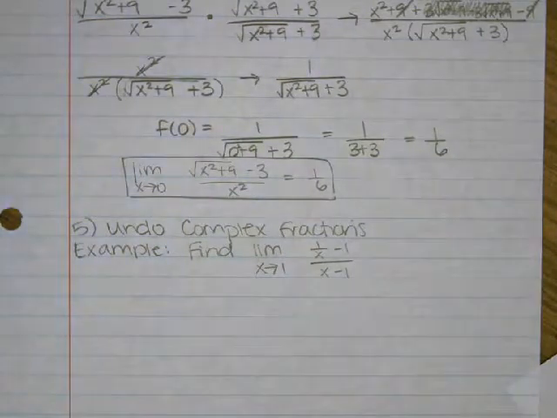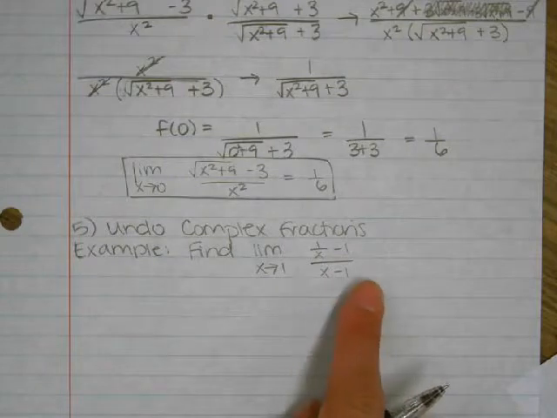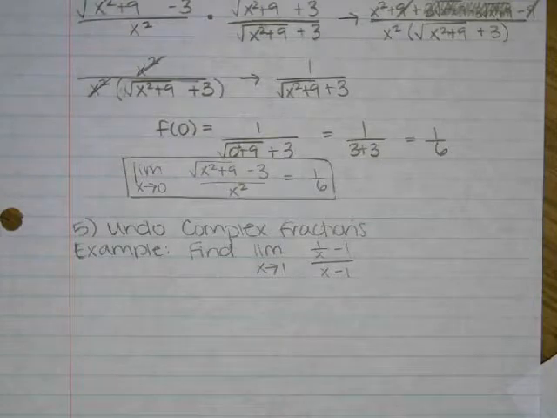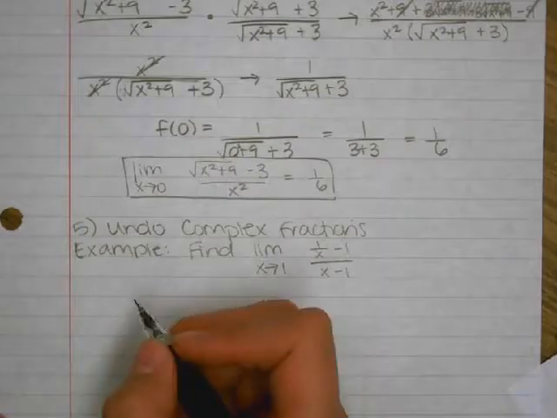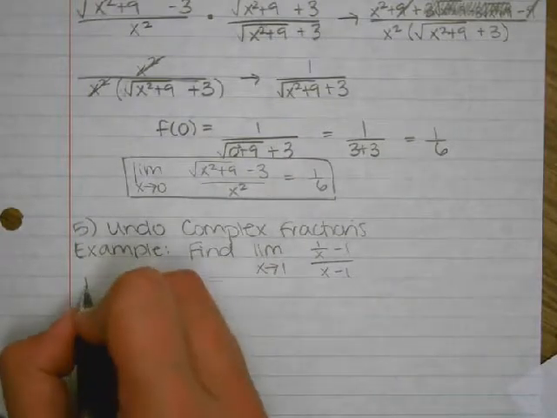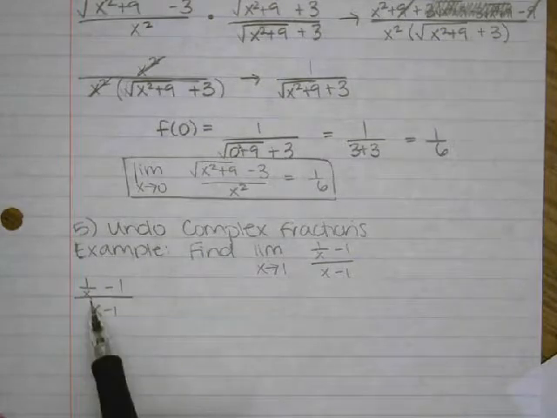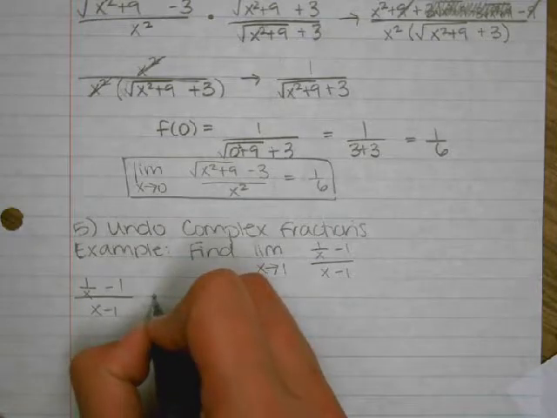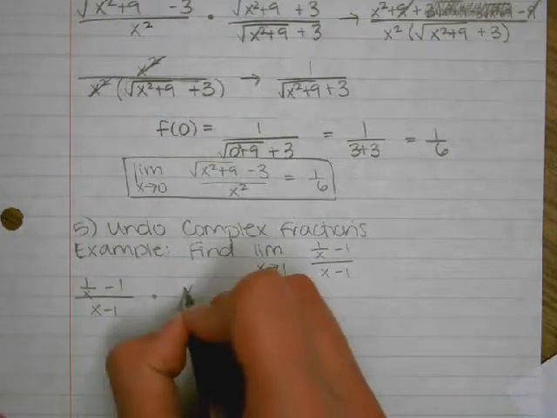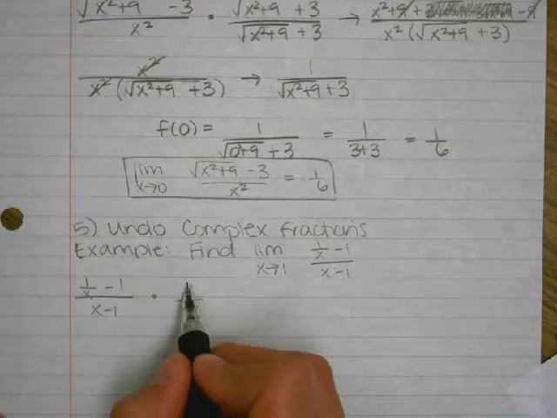So again, in this problem, you'll notice 1 is not in the domain of the problem. If we did 1 minus 1 in the denominator, that would make this expression undefined. You'd have an error. So we're going to go ahead and use what we know about fixing complex fractions. So I have 1 over x minus 1 divided by x minus 1. And the only denominator we have in this problem is the x. So that means that to fix this complex fraction, I just need to multiply the entire problem by x over x. So if I take this x on top and distribute it,